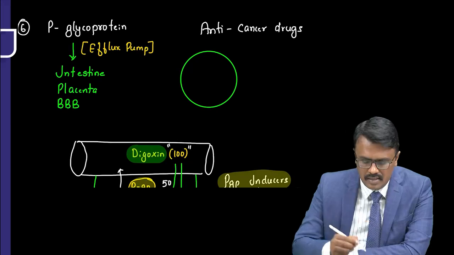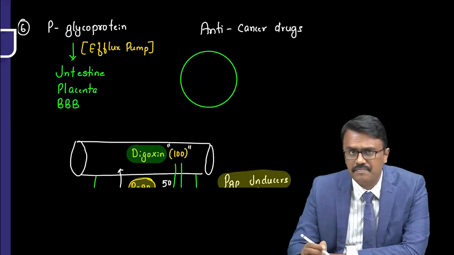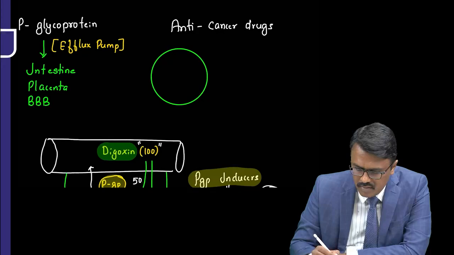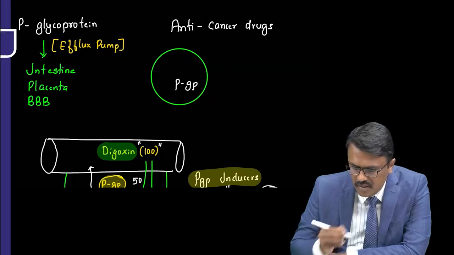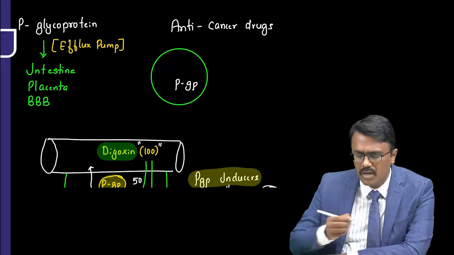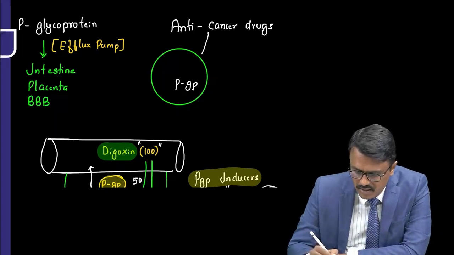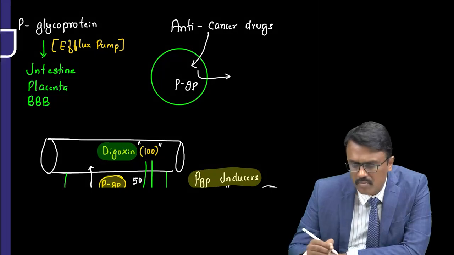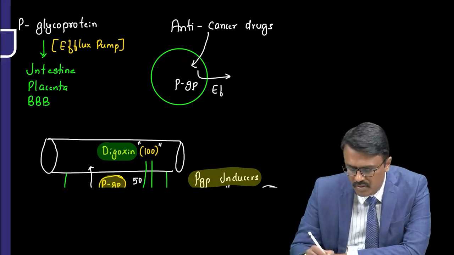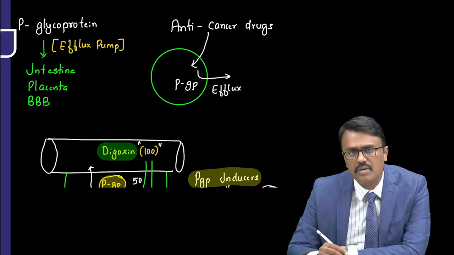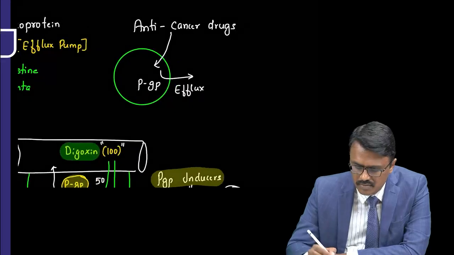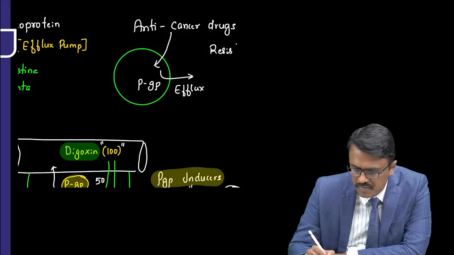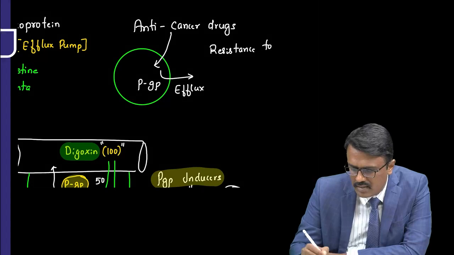Now what happens? These cancer cells have to survive. To survive, what do they do? They increase the synthesis of P glycoprotein. So they increase the number of P glycoprotein. So whenever we use an anti-cancer drug to kill this cell, the cells have P glycoprotein which will throw them out. So they will efflux them out. So if these drugs are effluxed out, will they work? No. So this will lead to resistance to anti-cancer drugs,